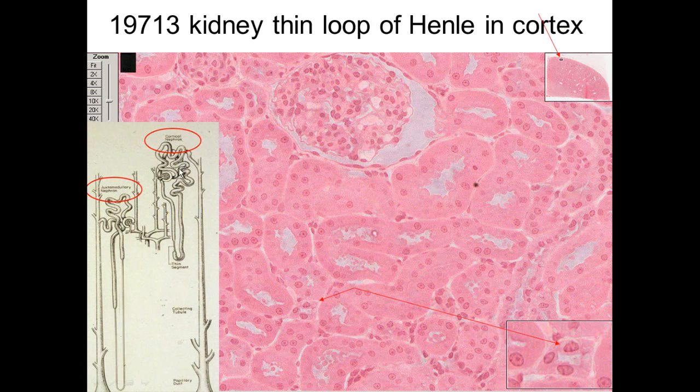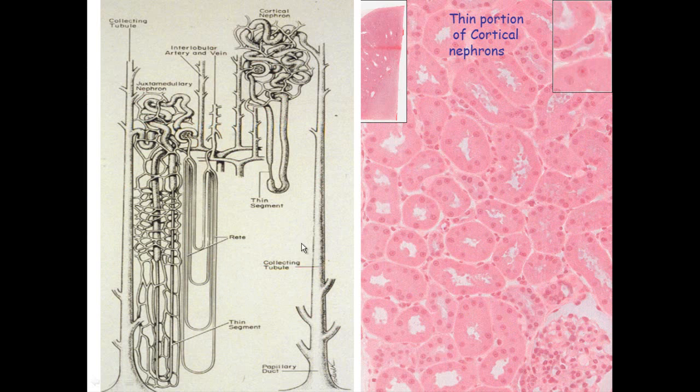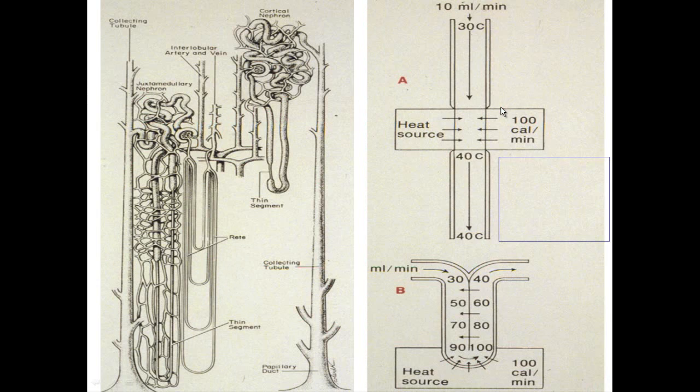And remember, cortical nephrons do have a little bit of loop of Henle right here, not nearly as big or as elaborate as what we have in the juxtamedullary nephrons, but there is a little bit, and you can occasionally find the loop of Henle in the cortex, because the entire nephron is in the cortex, a cortical nephron, as opposed to a juxtamedullary nephron. Here again, we can see the cortical nephron,